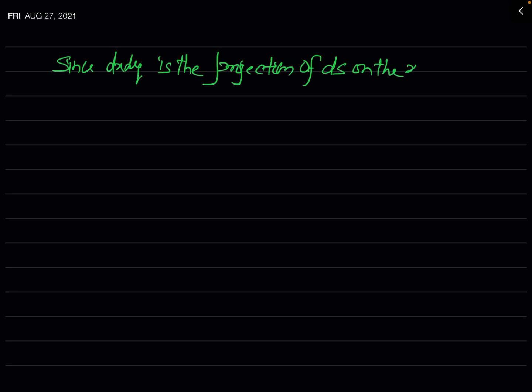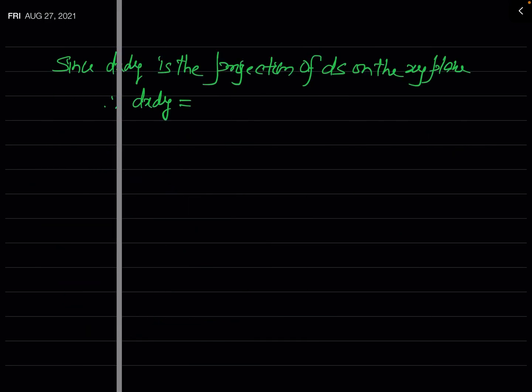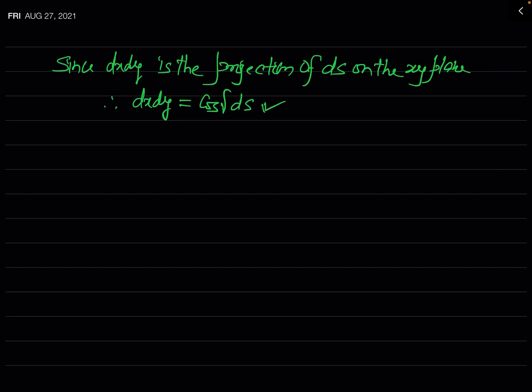So you can say, since dx into dy is the projection of ds on the xy plane, therefore dx into dy will be equal to, you have just seen what will be this. This is equal to ds cos gamma. So this is equal to cos gamma times ds. So you can see we have obtained the value of dx into dy here, and also